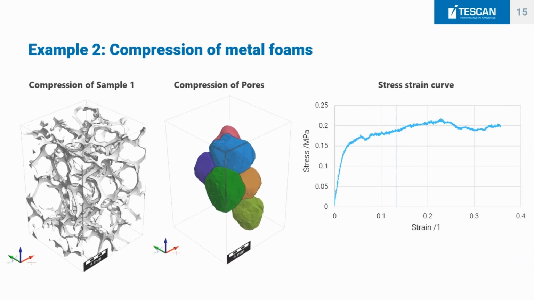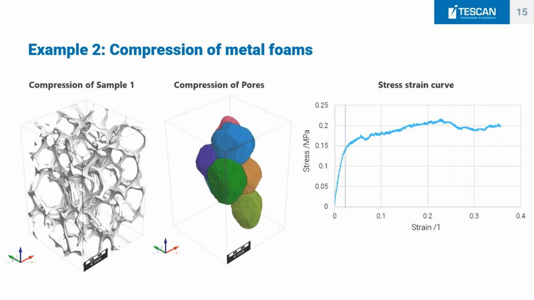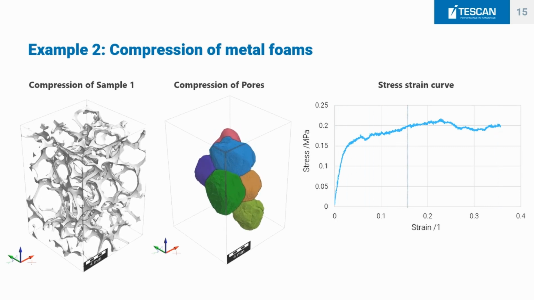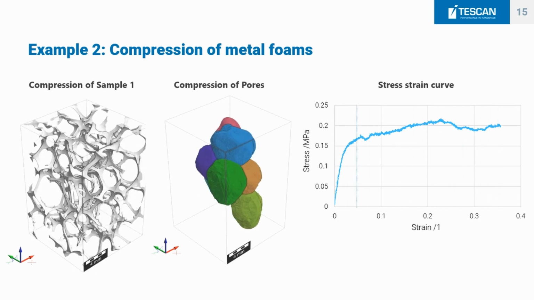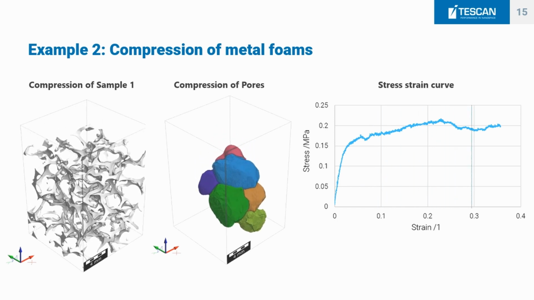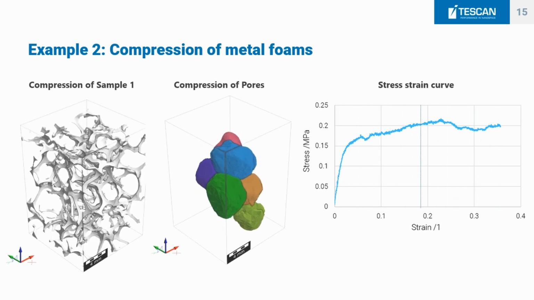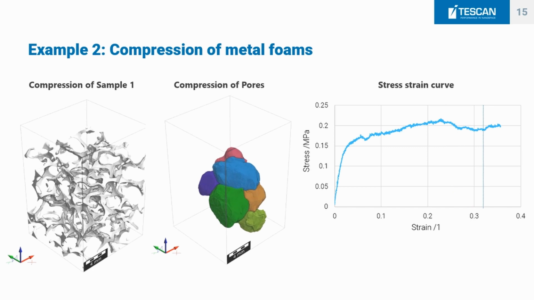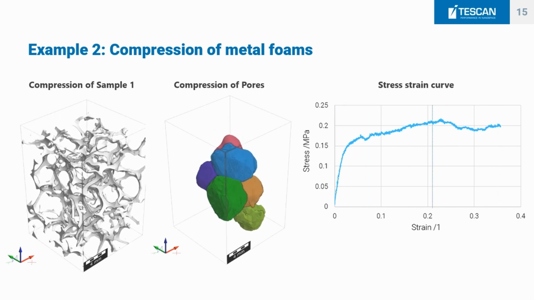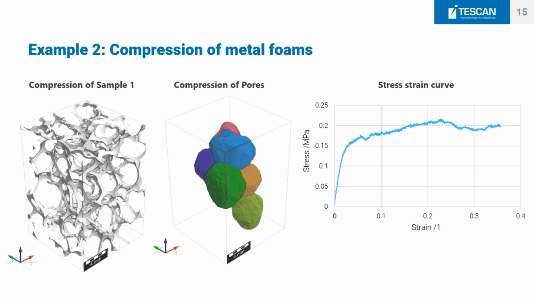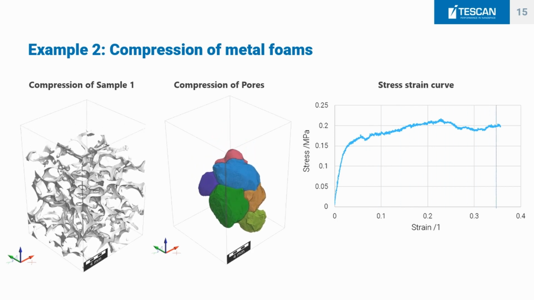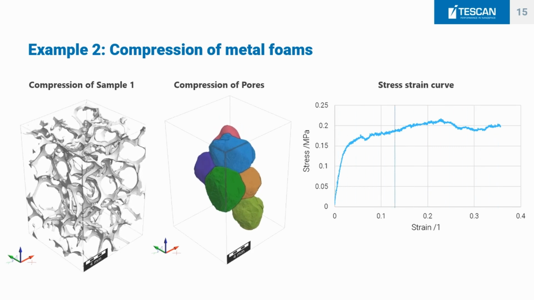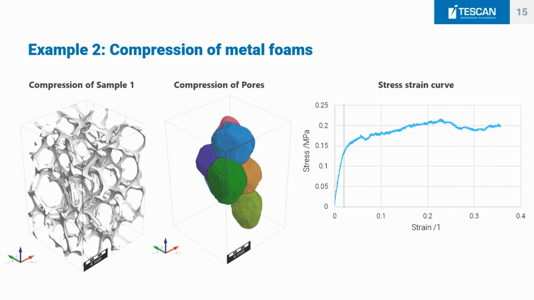Now, what's really nice about the exact same approach that we did before is that we don't lose the information of an individual cell, an individual pore, as we do the compression. On the left side, you see the compression data of the experiment. On the right side, you see the stress strain curve that we got from the compression stage. We can match those data and look at the deformation of each individual pore. And you see the behavior is completely different. The green pore almost does not change in shape. The lighter green pore at the bottom and the blue pore at the top have much more deformation. So we look at individual cells in this larger structure.